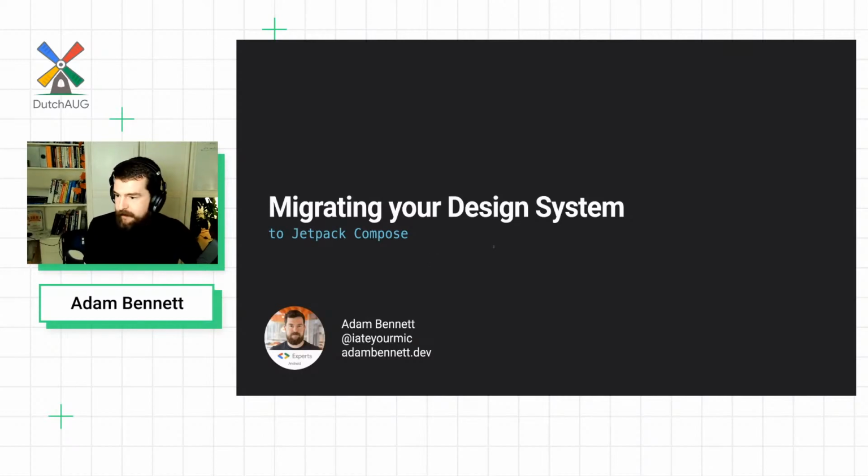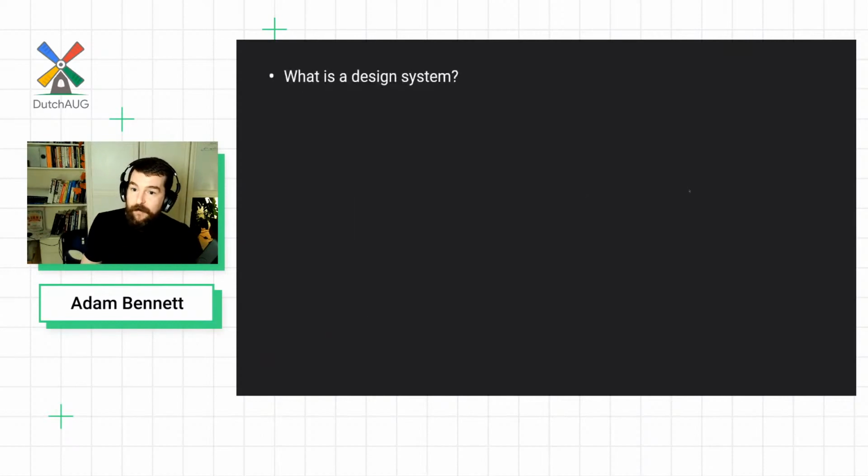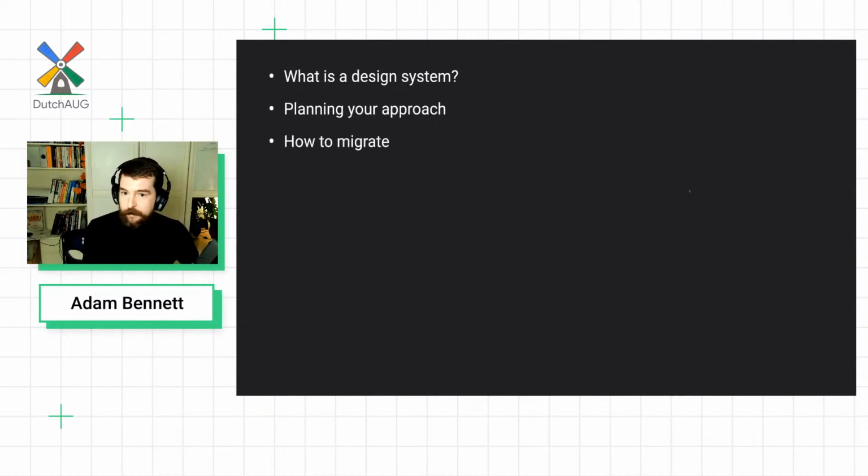What we'll talk about is, we'll start off with what exactly is a design system, what does our system look like, and what problems are we trying to solve that we think Jetpack Compose can solve for us. Planning your approach. It's a big migration. How do you discover these problems early? How do you bring the team up to speed? The actual migration itself, how do you start switching things across? How do you start measuring results and making sure that everything is reliable? And then tips, tricks, and advice, bits and pieces that we learned along the way.